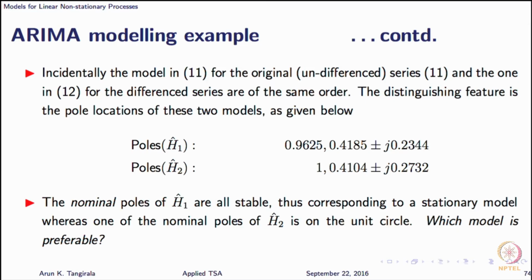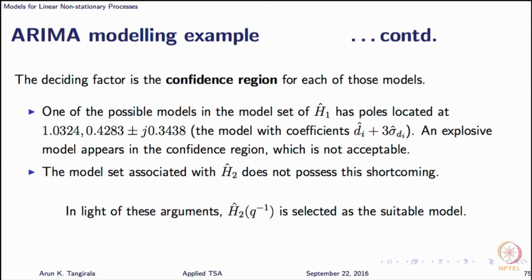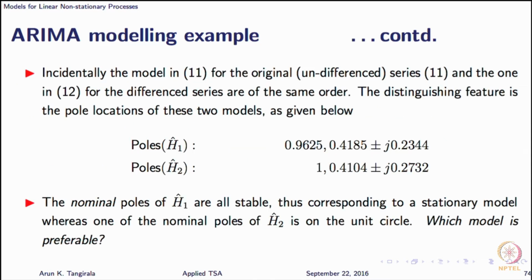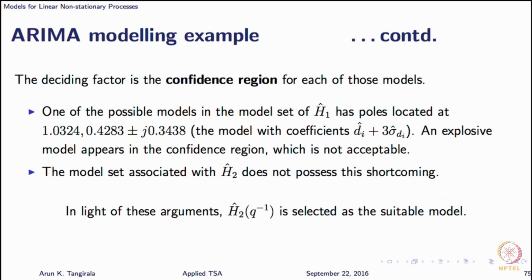What about the confidence regions? Now, it turns out that if you work it out, there are many possibilities. What you have to see is there are 3 poles for the AR3 model, and likewise you will have a confidence region for each of those 3 poles. It turns out that if you pick one of the combinations, it turns out to be non-stationary. And once again, using the arguments that we used earlier, we reject this AR3 model in favor of the integrated process, that integrated approach, that is the AR2 and integrated model.